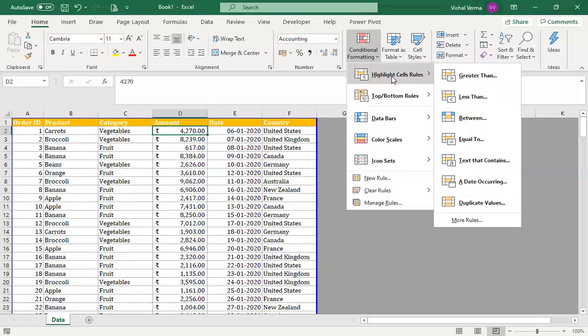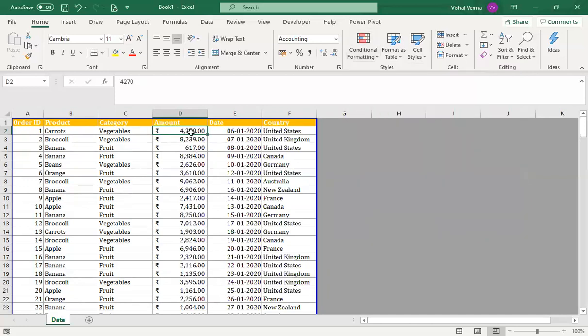It asks whether the value should be greater than a particular number, less than a particular number, between a range, equal to a value, or, if we are working on text, text that contains, a date occurring, and then duplicate values. These are the various rules related to highlighting in conditional formatting. So let's work with some examples.